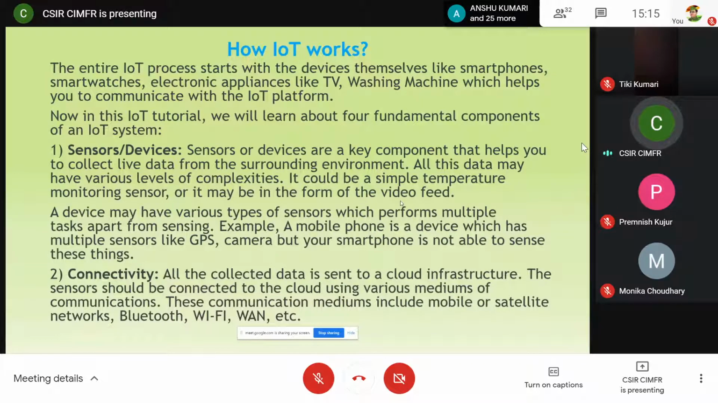Through video feed, that is CCTV cameras that we use for IoT projects. A device may have various types of sensors which perform multiple tasks apart from sensing. For example, a mobile is a device which has multiple sensors like GPS and camera, but our smartphone is not able to sense these things on its own; with a smartphone we require other sensors to be connected